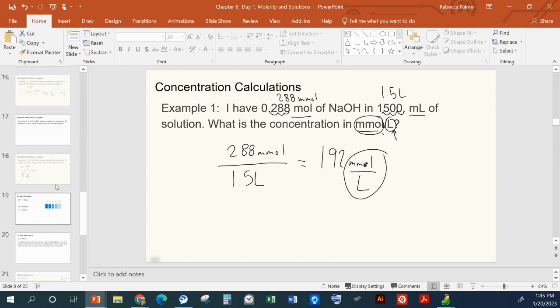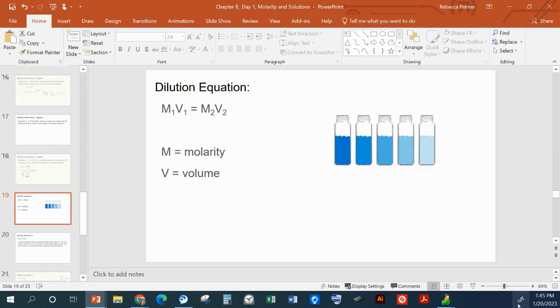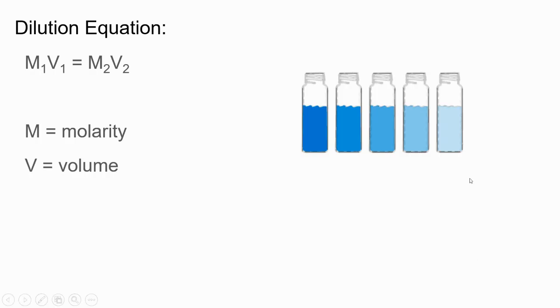So this equation is the dilution equation. Usually chemists buy something concentrated, and we need to dilute it. It's like buying concentrated orange juice: you want to make a liter of orange juice, so you put what you need and dilute it to the correct volume. So we have M1 times V1 equals M2 times V2. This is my initial concentration, or molarity, times my initial volume, equals my second concentration times my second volume, what I end up with.